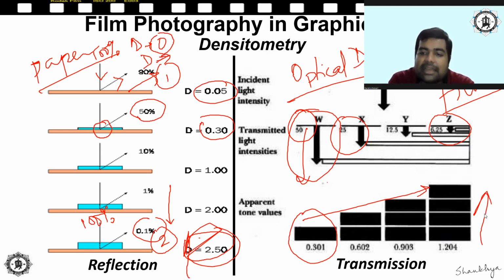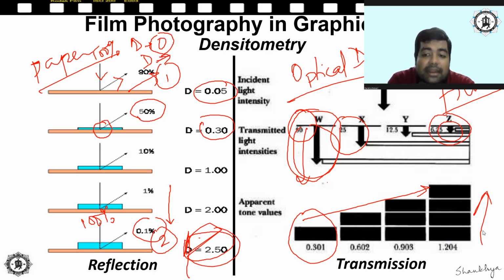For example, in the illustration, we have a transparency with 4 different tones, right? Here W, X, Y, Z. The intensity of the light transmitted through each tone is indicated by the lower arrows. So greater intensity of light transmitted, lower intensity of light transmitted. The length of the arrow is proportional to the light intensity it represents. The value of these tones as the eye sees them are indicated by the solid blocks, and the optical density of each tone is beneath the block.